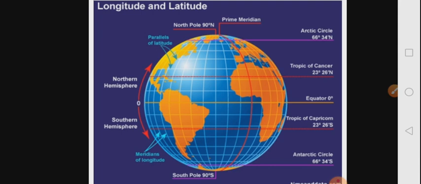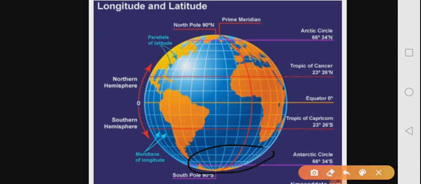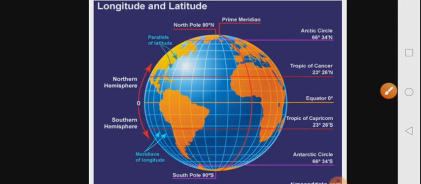The next one is the Antarctic Circle, which is located here, and then there is the Arctic Circle, which is near the North Pole. Can you see them? Now the special thing about the poles is that these areas, North Pole and South Pole, receive a minimum amount of sunlight. Now what happens when some area receives a very little amount of sunlight? It happens that these areas are very cold. These are the frozen areas of our earth.